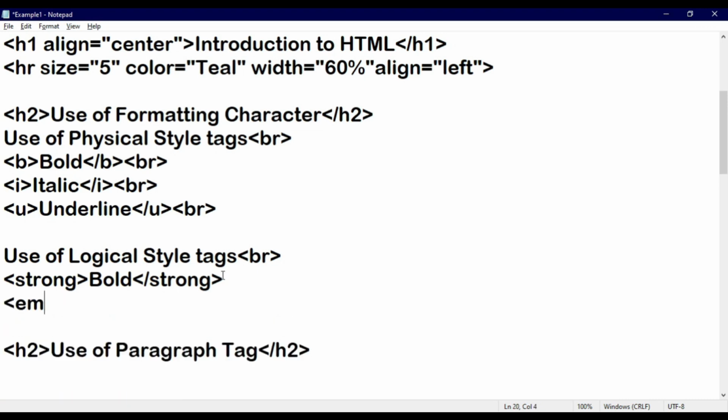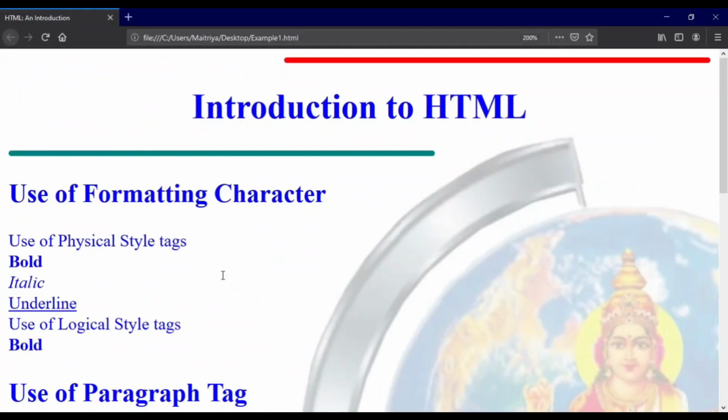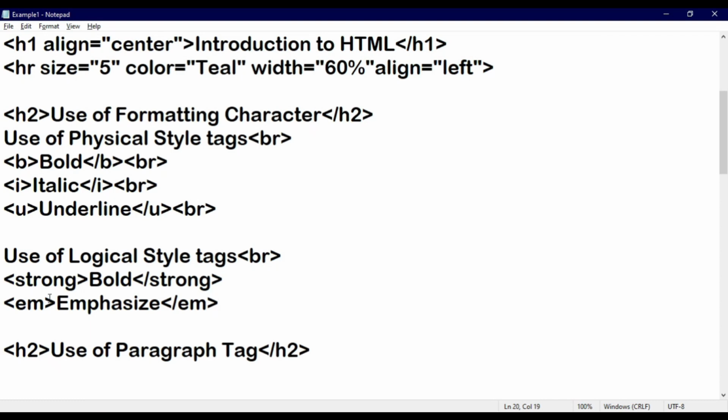Another tag is EM, and here I am writing emphasize and close EM. Now just save your file, get back and just refresh. Now your emphasize is exactly the same as your italic. Emphasize tag is exactly the same as your italic tag, by which you can display the same output, but only the difference is in the form of tag.